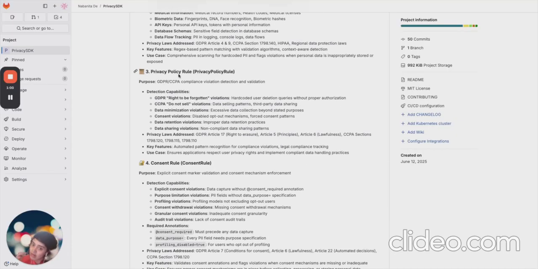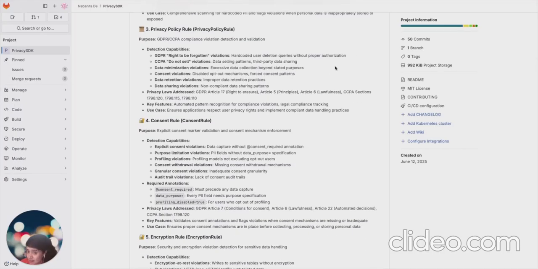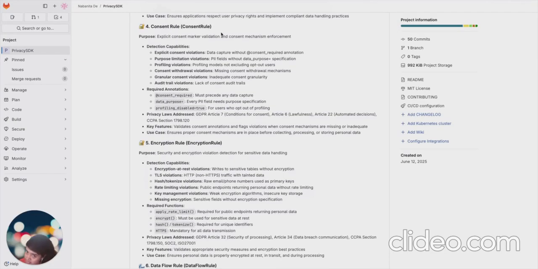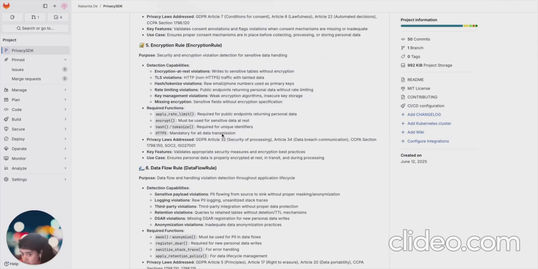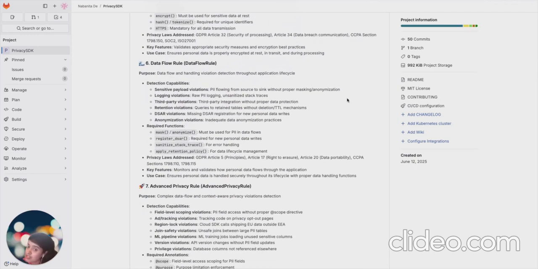Then it also finds privacy policy violations, including GDPR and CCPA compliance violations, such as right to be forgotten, do not sell violations, data minimization violations, sunset violations, and data governance violations. And then there are also purpose limitation and consent violations, consent withdrawal violations, data audit trail violations, encryption violations, and data flow violations, including if data is being shared with third parties without proper data protection, retention violations,